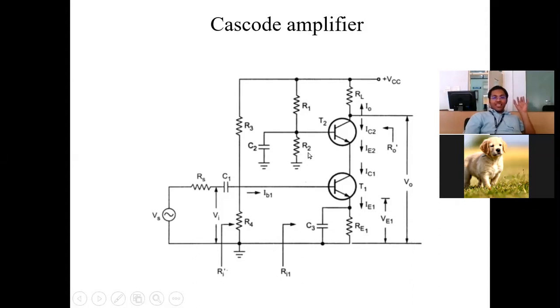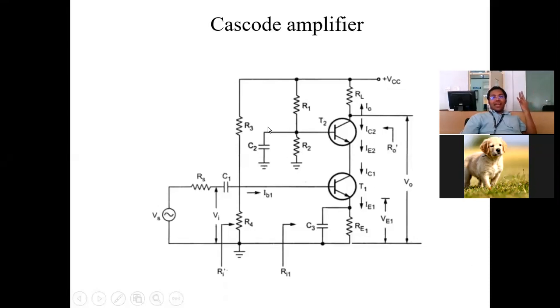Now for another interesting question. For AC equivalent, R2, R1 are in what? For AC, parallel, sir. Very good, perfect. For AC equivalent, I told you, VCC is grounded, isn't it? Means this resistor is also connected from base to ground. This resistor also connected from base to ground, because this is replaced by ground for AC equivalent. So actually, for AC equivalent, all the three will be in parallel: C2, R2, R1, right?